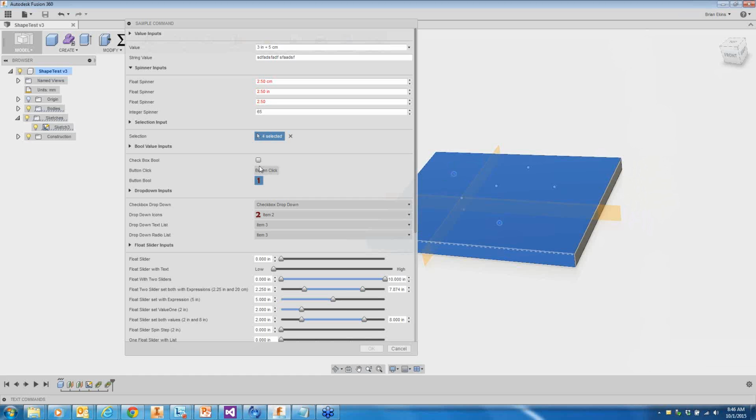Check boxes. So these are called bool. Well, it's a bool value input, and it can be displayed in 3 different ways: as a checkbox, or just getting a click of a button, or a button that has a state, so it can be pressed or not. And you can see text or